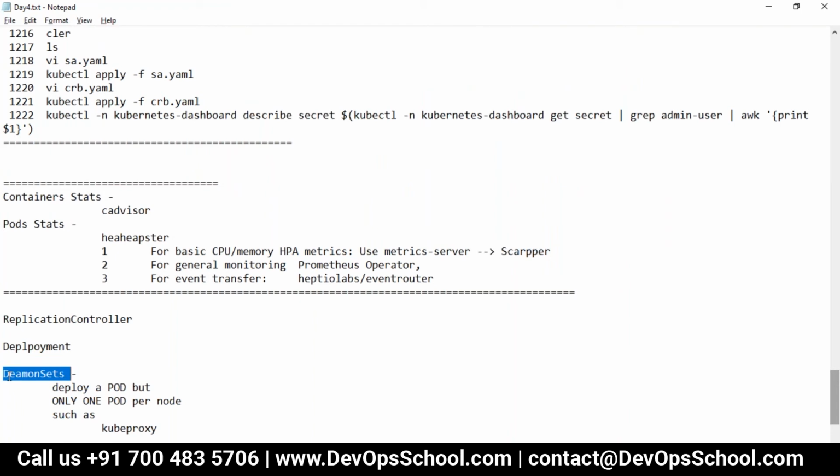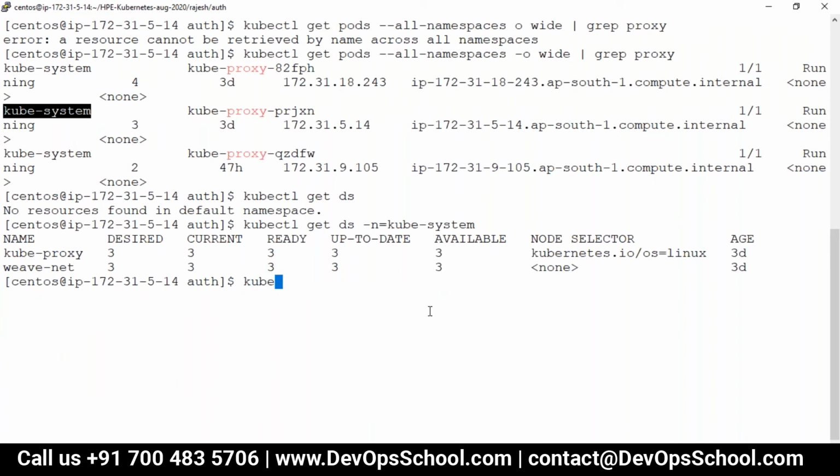And what about this event transfer? Event transfer is done by this tool. Events means kubectl events. Remember, Docker events is an event of the Docker daemon. In the same way, kubectl events will be handled by that event router. Events mean a change of state of the container or what kind of events? Every object will be processed through certain events of the kubelet.